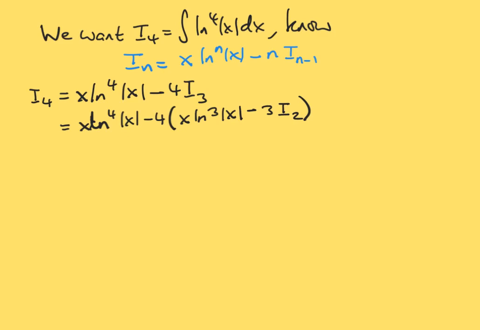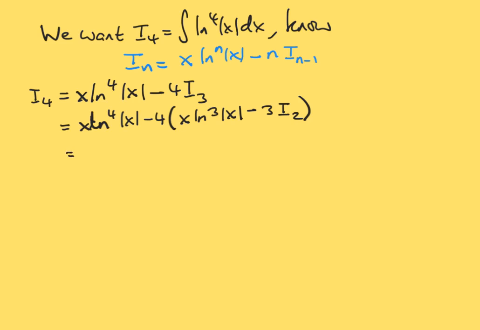Now, at this stage, what we could do, but we should not do, is expand this out again immediately using this equation with n is 2. So you'd have x times log squared x minus 2 times I1. But if you do that, you're going to have nested brackets and minus signs. I think that's dangerous. Instead, what I want you to do is to say that this is going to be